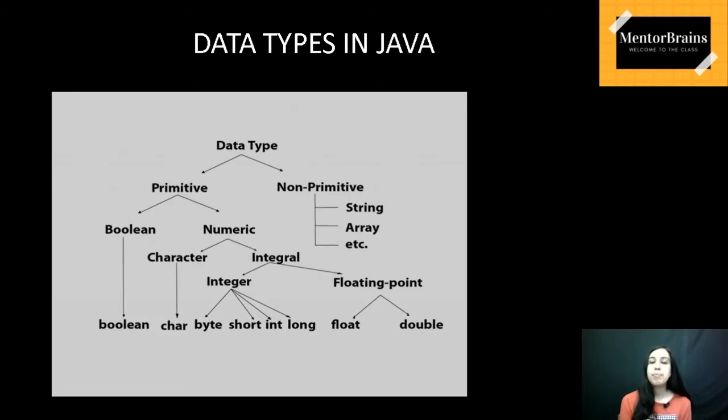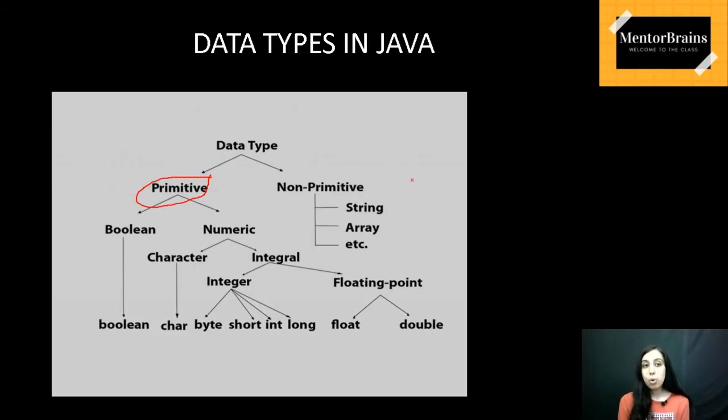Okay, so if we are going into the data types, we are going to study two types of data types. One you can see is the primitive and the other one you can see is the non-primitive. So this one, primitive, I'm going to tell you first, and then we'll go on to non-primitive. Talking about primitive data types, they are also called fundamental data types. Now these types of data are already available in Java, and they are predefined that these variables will store this type of data. So it is the most basic, fundamentally available data in Java.